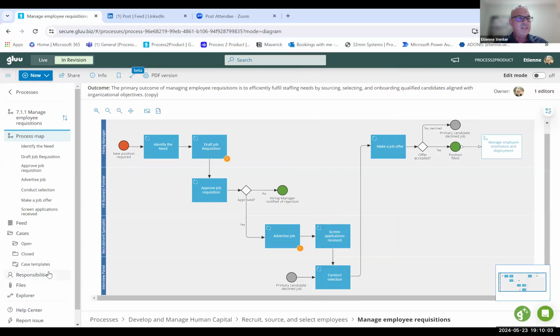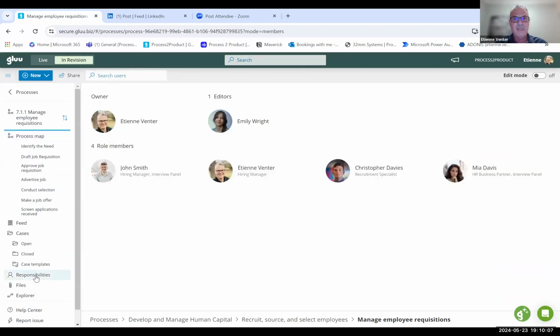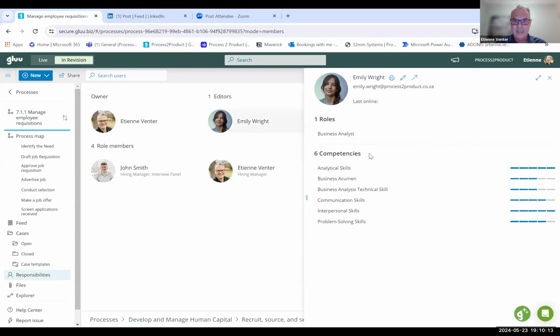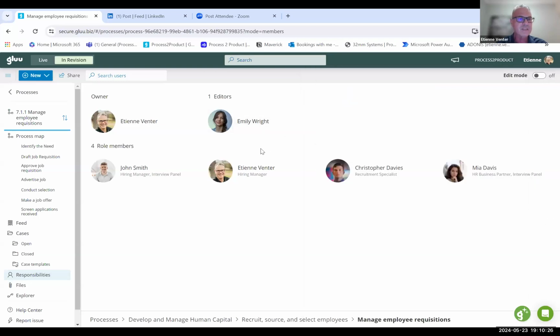I can also, from here, jump down to the responsibilities. So all the people in this process. So I can see here all the people. And I can go and look at an individual person, for instance, here, a business analyst, and look at their competencies. That's their competencies against the competencies set by the role. So the role is the target, and then this is the actual competencies of the individual, for instance. If I go back to the process map,